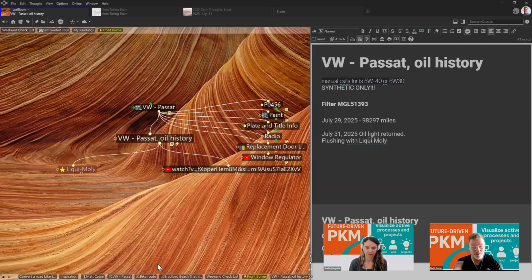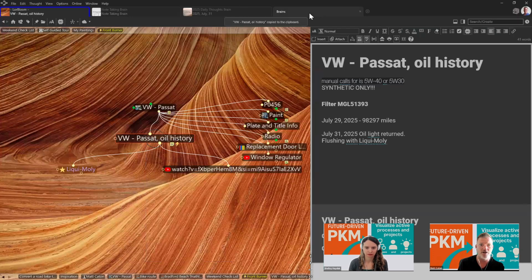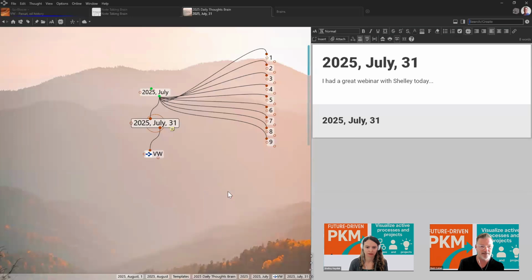So I can go back and forth between two brains. Or like Shelly said, if I just wanted a copy of this thought and its content, I'm just going to right click and say copy. There it is. Copy this thought, VW Passat oil history. And I'll go to my daily journal and I'll right click and I'll paste.